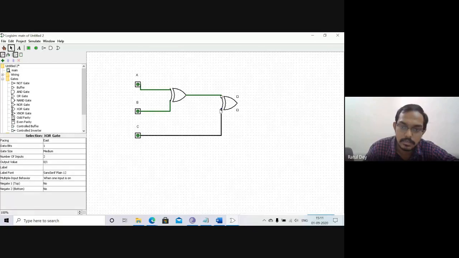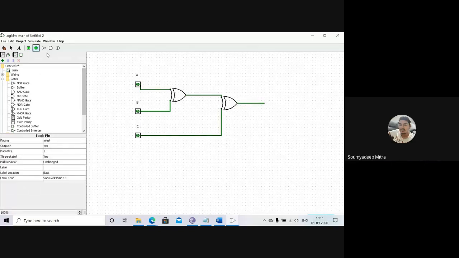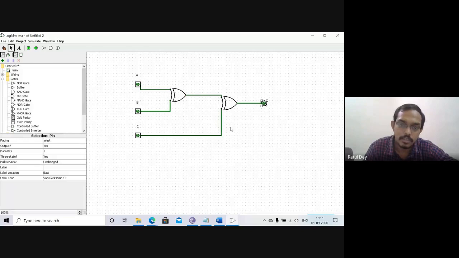Again the next connection comes as A's or B's or C. We put one LED within that, and one output line for that. So this XOR operation is done, and basically this is called the difference.